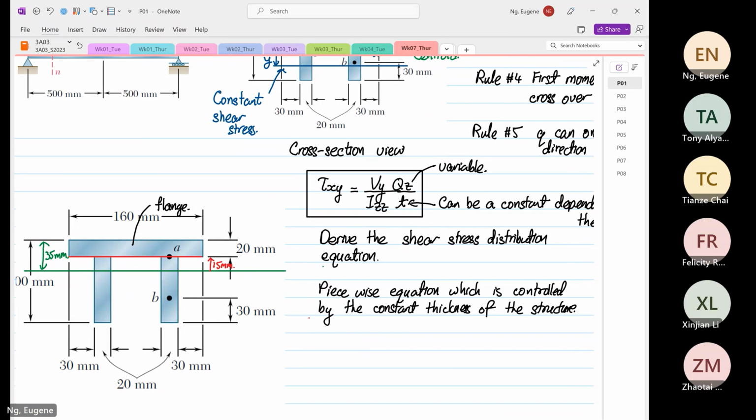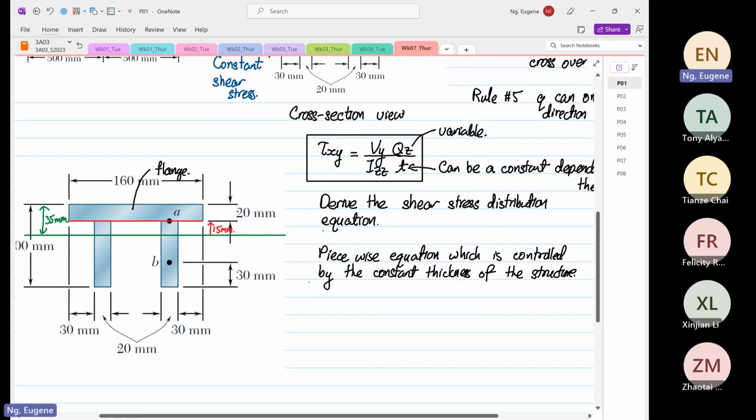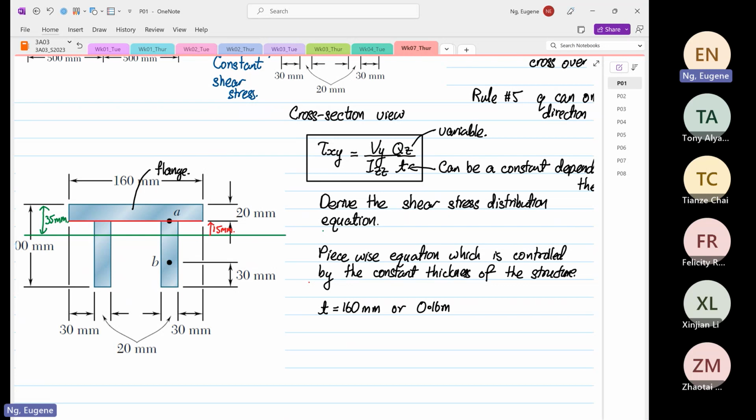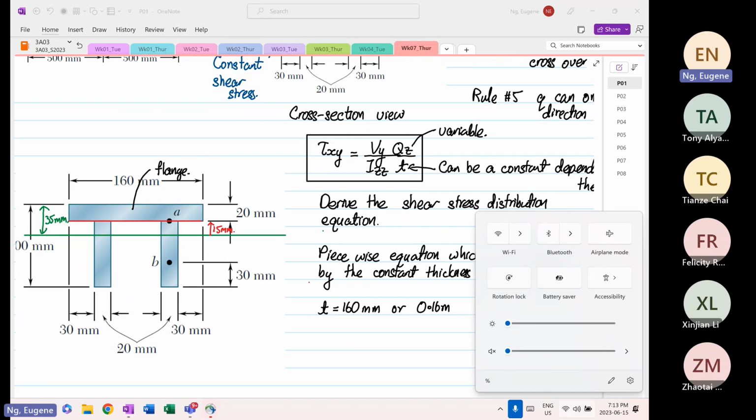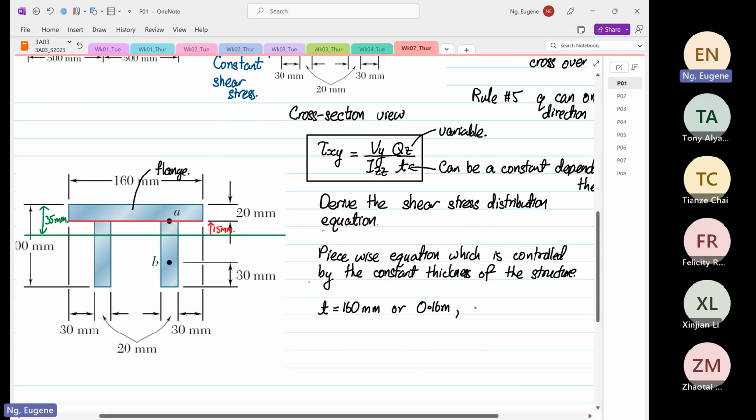So the first thing we're going to do, we're going to focus on the thickness, which is equal to 160 millimeters or 0.16 meters. So if you look at 160 millimeters constant thickness, then the limits of our equation that we're going to write is between